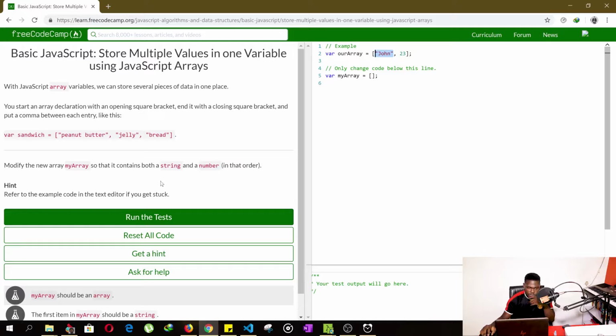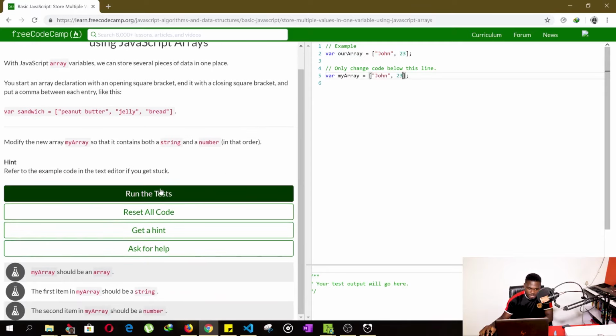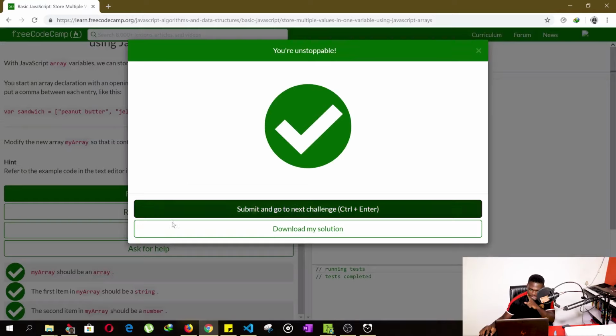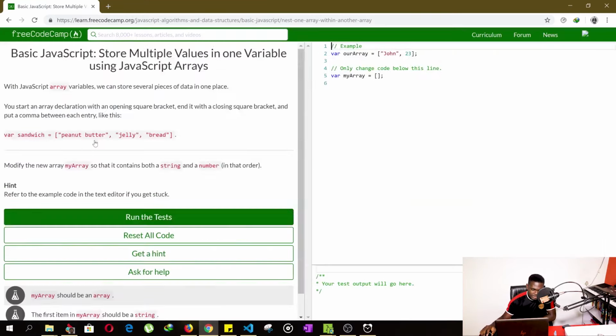Okay, so we're told string and number, so let's just copy this. There's no crime in that, is there? Not because we are lazy, but because we're trying to save time. All right,